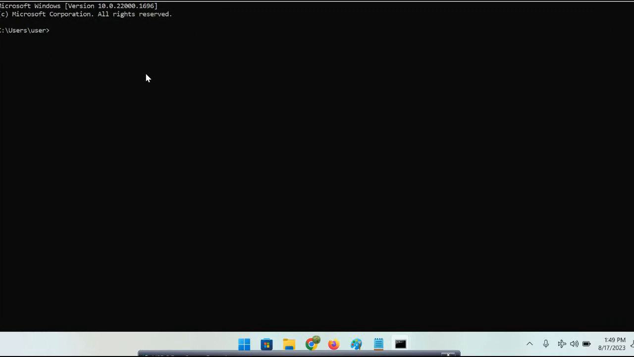You can see here a black screen. Then you can type there user. Let's enter. You cannot see anything. Let's type C, it means local drive C. Then you press enter. Then step number 3, type